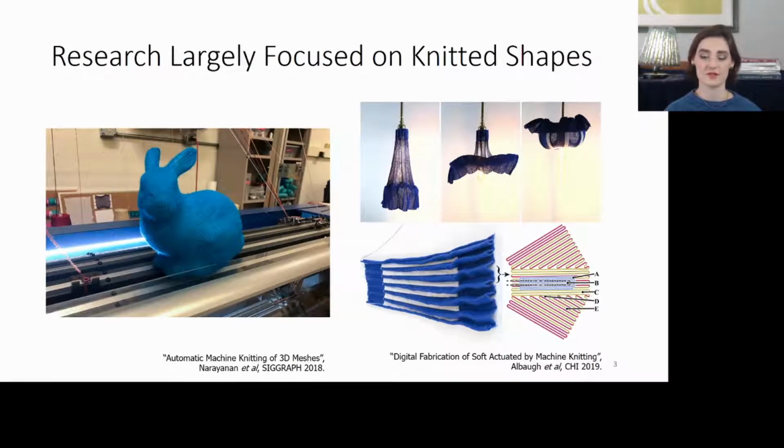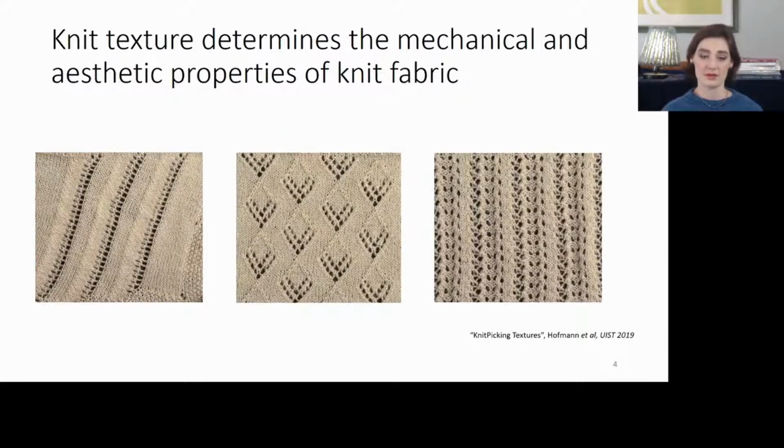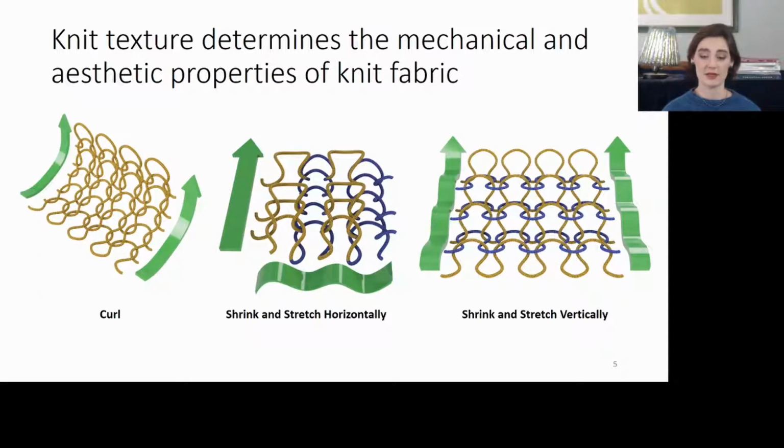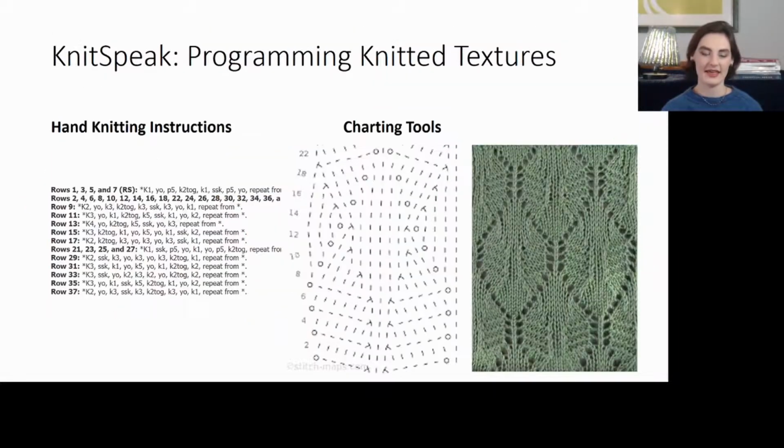Past research is largely focused on creating knitted shapes, such as being able to render a Stanford bunny using knitting, or to create soft actuated objects like this lamp. But we contribute to the area of knit textures, which can determine the mechanical and aesthetic properties of knit fabrics. Knit textures can curl up on themselves, or shrink and stretch in horizontal and vertical directions. And these textures can be created using KnitSpeak, a programming language for knitted textures based off of hand knitting instructions